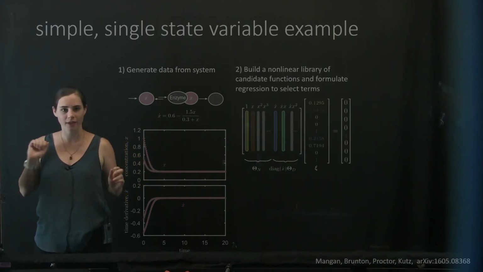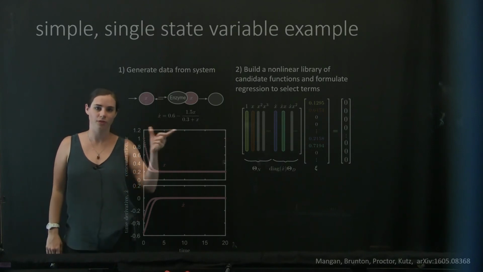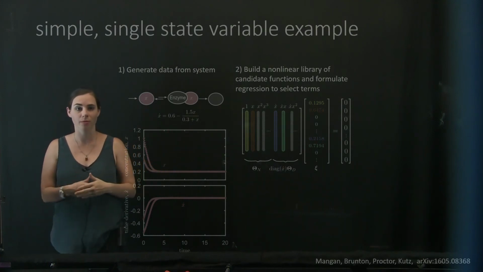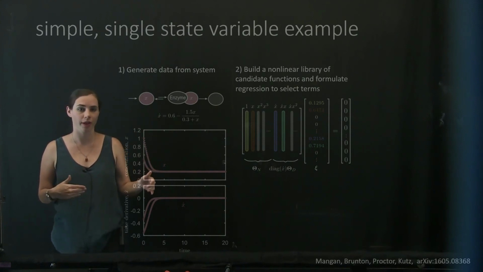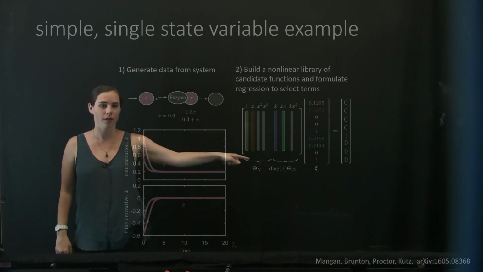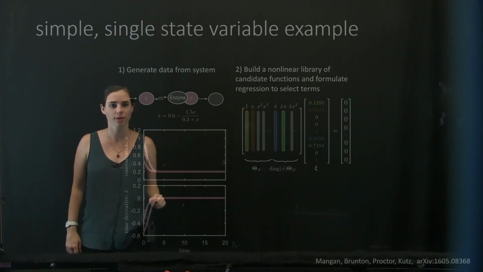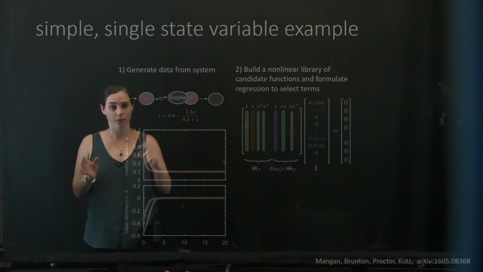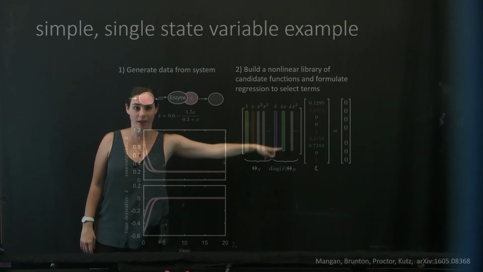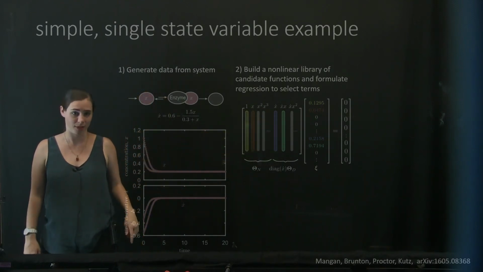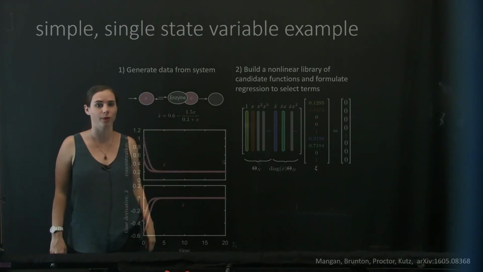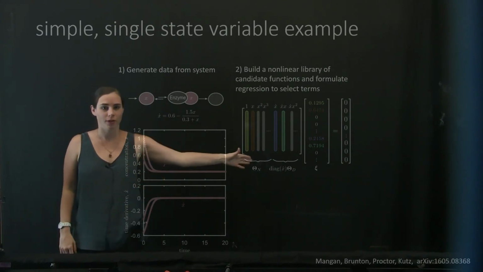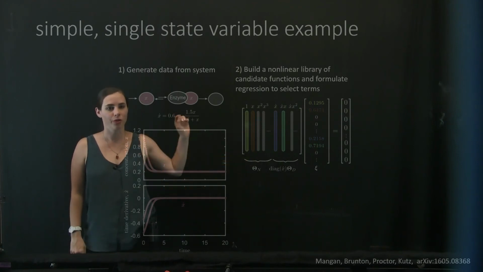Okay, so once we have this data, we build our nonlinear library. Since this system is only a function of a single state variable, the library is just the polynomial functions up to whatever order we want to go, and I think I only went up to order 3, so the functions are 1, x, x squared, x cubed, and so those are the functions in the numerator, and then in the denominator we need the same thing, times the derivative. So x dot, x dot times x, x dot times x squared, and then x dot times x cubed would be the last one, if we wanted to use up to the same order polynomial in the numerator and the denominator. So that's our theta matrix, and that's going to be multiplied by the sparse